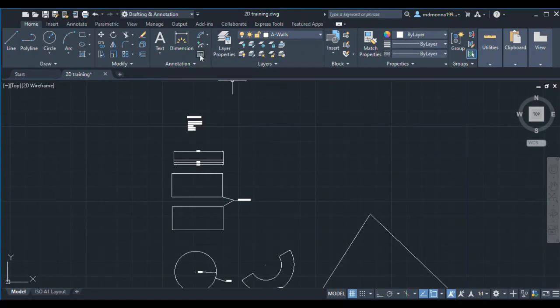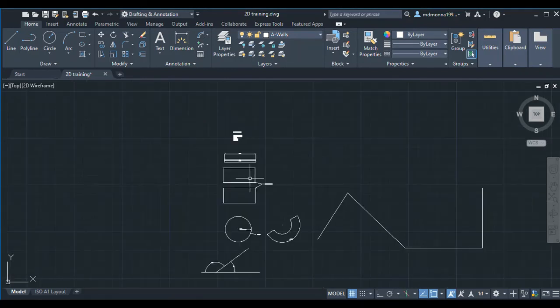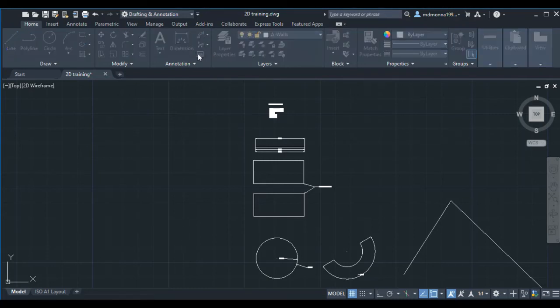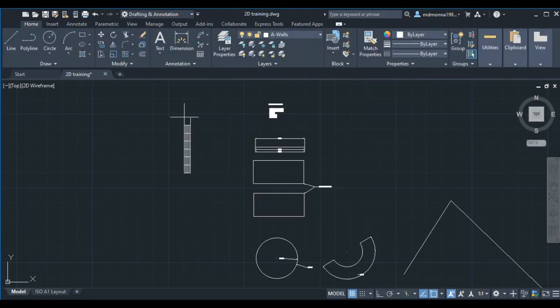After that I go to table. What is table? Table is for an engineer. Normally, once we complete a drawing, we make a schedule or we make a list for the materials or quantity, whatever we have in this drawing. Normally, this is required by the consultant or by the client, what type of materials they have to buy, like that. So we just click on table. We mention the column, how many columns I need, how many rows I need, and I just click OK. You see, I can see here